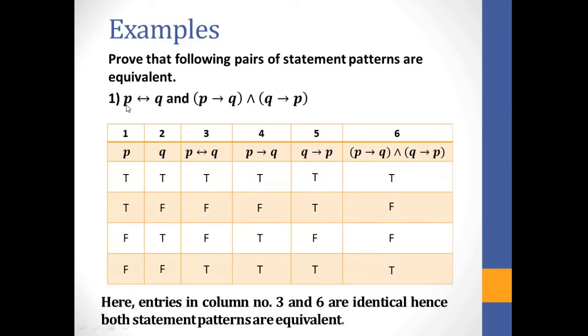Means for the biconditional statement, P double implies Q is equivalent to P implies Q and Q implies P. In our last lecture, when we studied the basic concept of the biconditional statement, we discussed the logical equivalence between this and this. So remember, this is a very important example. Okay, now second one,